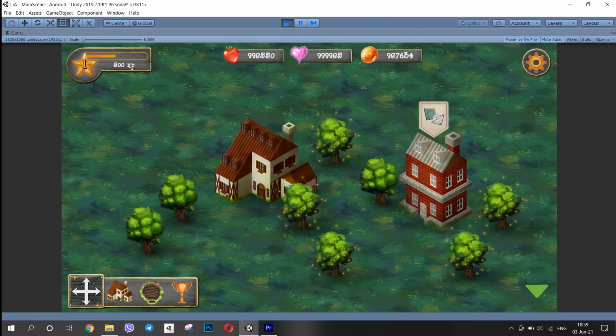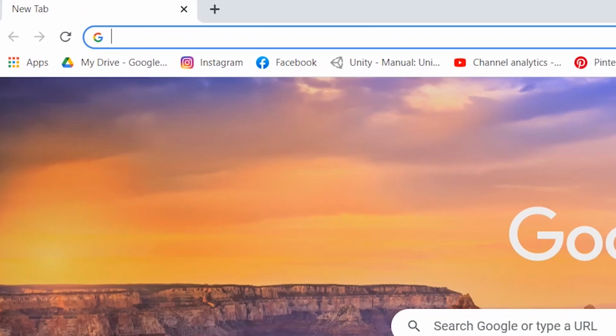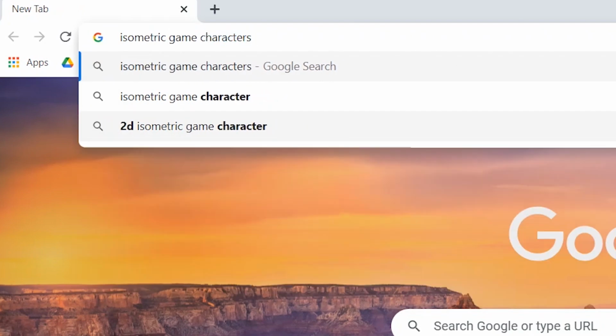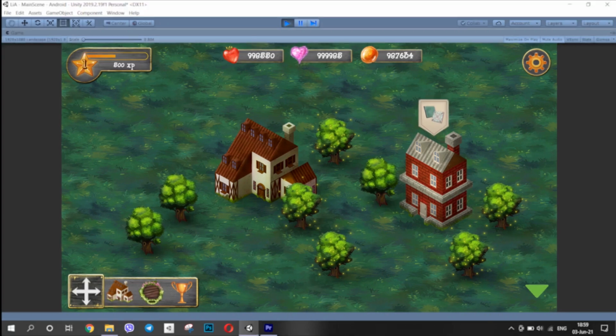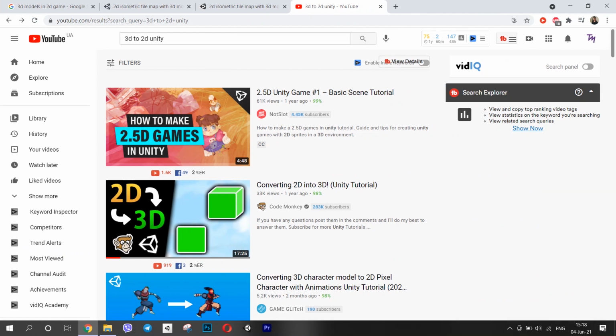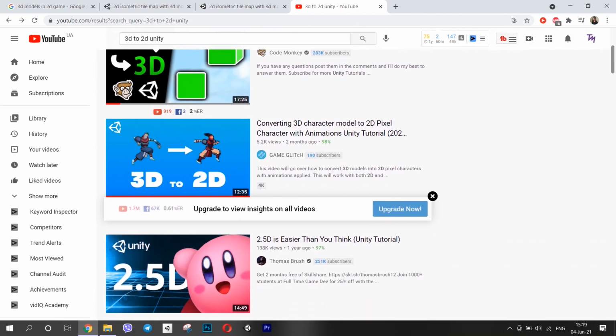This week I decided that I want to add some life to my game. I didn't find any 2D characters that would meet my requirements for this game, so I remembered that sometimes games combine 3D models with 2D environment, so I decided to give it a shot, and it almost made me give up on my game. First of all, I found a tutorial on how to turn a 3D model into a